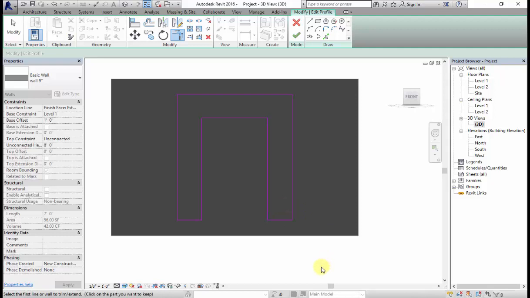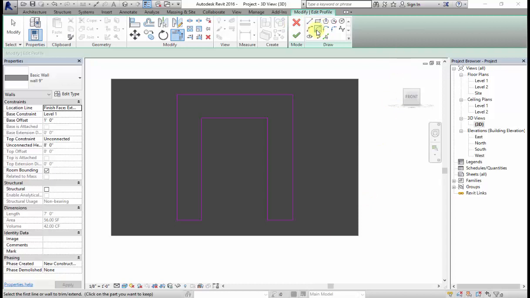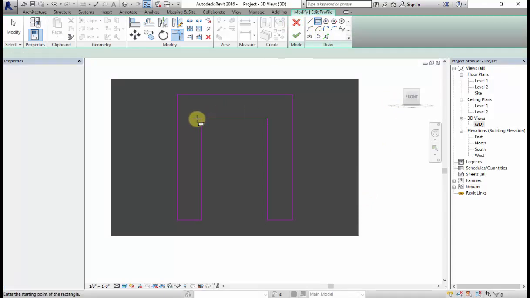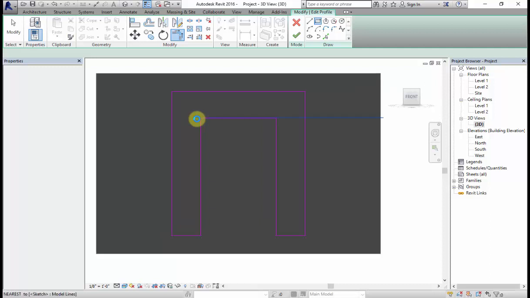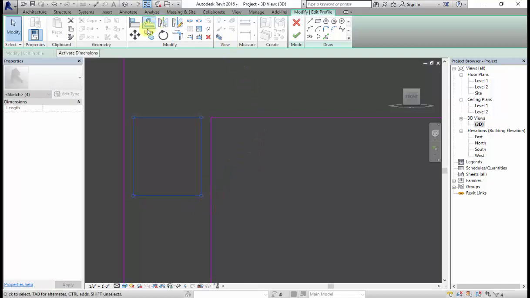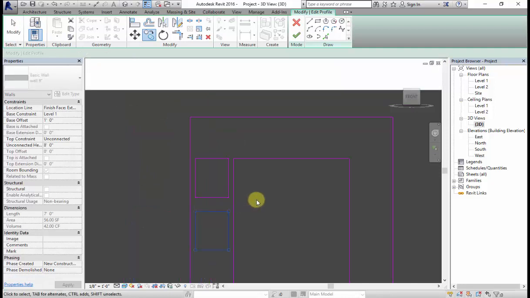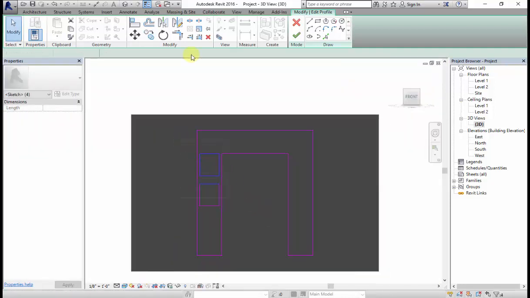Okay, so next I'm going to draw two boxes over here. I'll take rectangle. Here you're going to draw it appropriately. Just I will draw it roughly for now, but when you're taking the dimensions, you're going to take it appropriately, whichever required. Okay, so now the same thing I will copy it down. Select these two and mirror it this side.